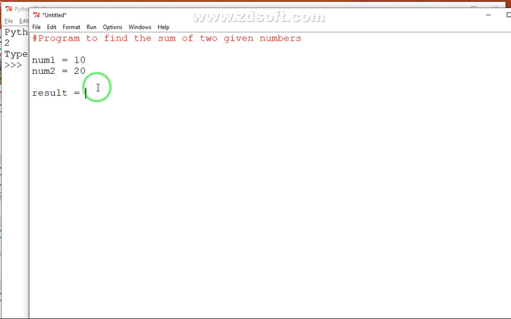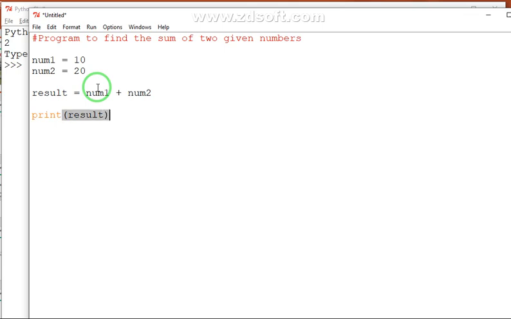Then I need to add two numbers, num1 plus num2, and I store the result in this result variable, and finally I print the output